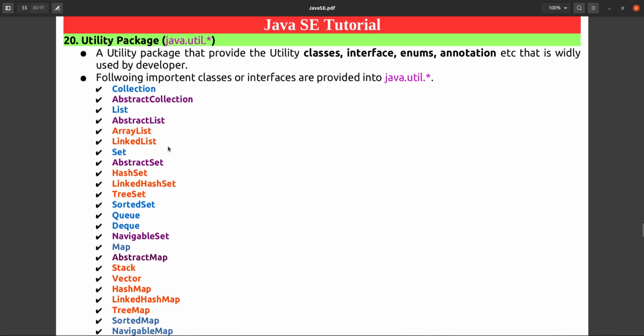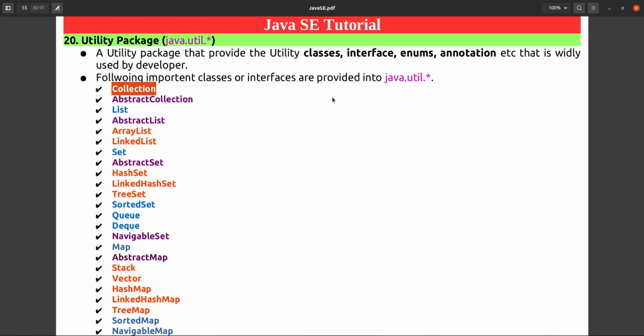These are some of the classes, like collection. A collection represents any elements grouped into a single object, where you can store the element, get the element, delete or remove it, or change it, whatever you want. That represents one collection. Collection means we can say a group of similar objects.